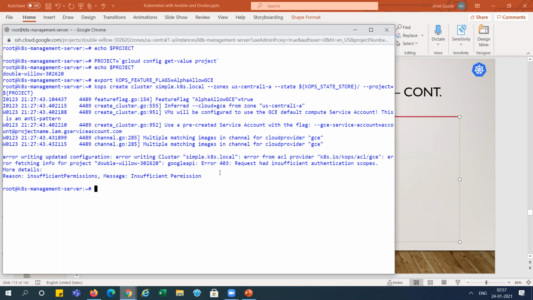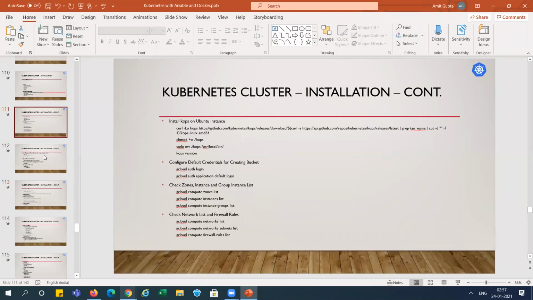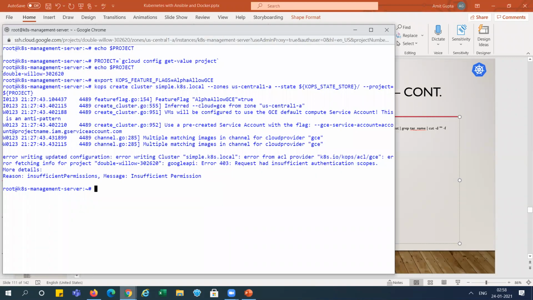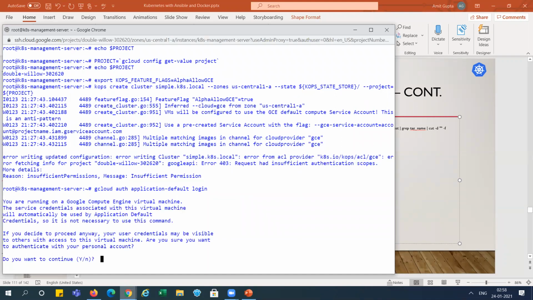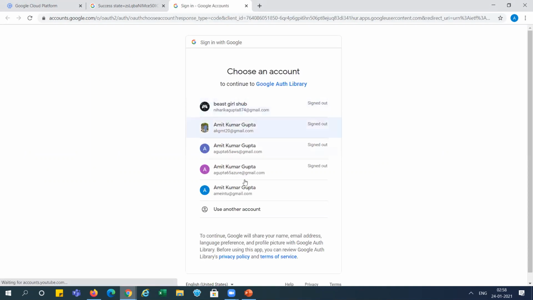We can see here we're getting an authentication issue, insufficient authentication scope. So due to this, we need to run this command also. Again, I'm clicking this URL, and I'm clicking here.